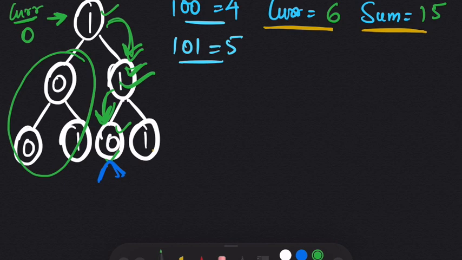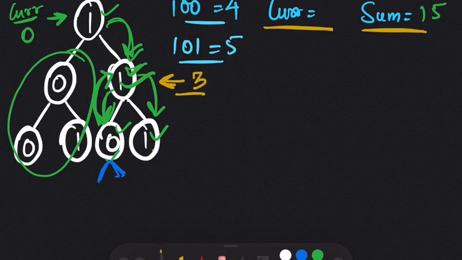Now, since this path is also done, we move back to the root and we look for the right child of this root. And the right child is 1. Also, the current number at this point was 3. So again, the value of cur is updated to 3 and we perform the same functions. 3 in binary, which is 1 1, left shift 1, OR the value of root, which is 1.